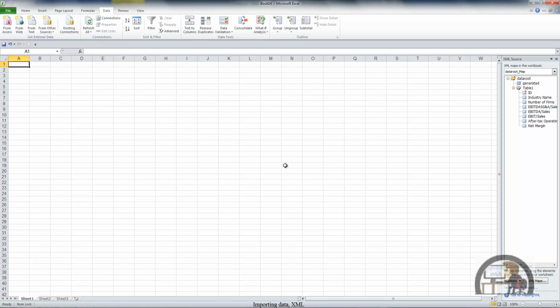An XML file is a text file that has structure. There is markup language that identifies the components of the content and labels each one of those components so that each record has an identity, and then each field within that record has an identity. And what we are looking at in the task pane is a list of all the fields that's contained in that XML file. What this enables me to do is select the fields that I actually want to pull into